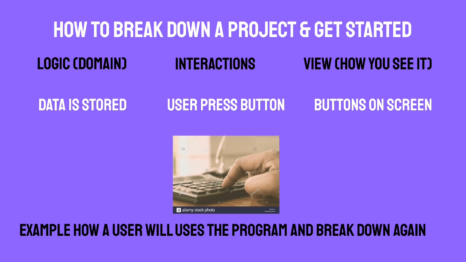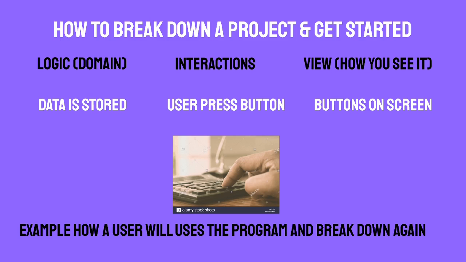Okay, so moving on to the next point. Based off what we just talked about, we can think about how a user would use the application and break that down into those categories we just talked about. So how do people use the calculator? Well, they press buttons. That's about it. So our interaction is going to be user press buttons, and that's the most important interaction in this application. But to achieve a user presses a button, we need two separate things, right?